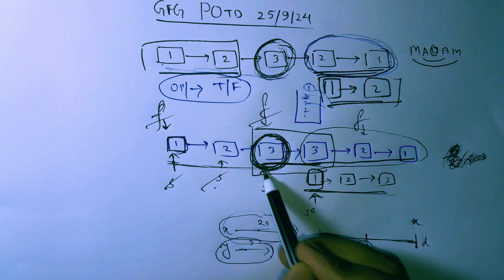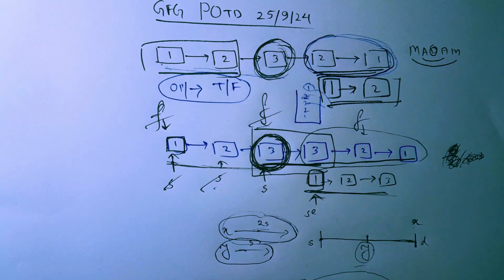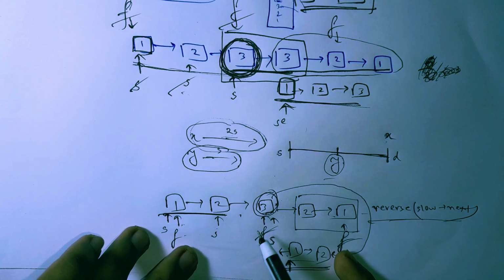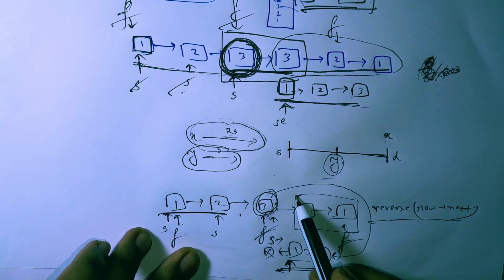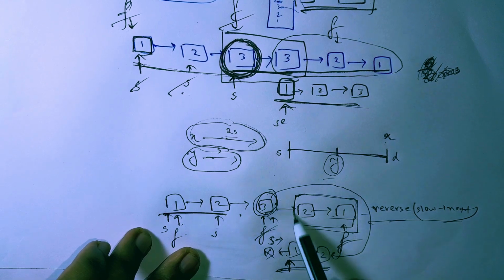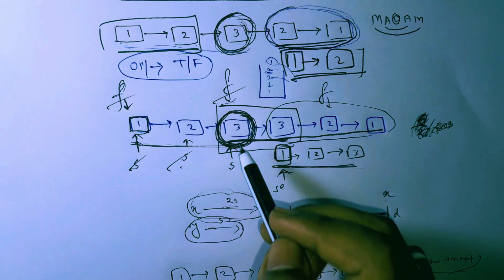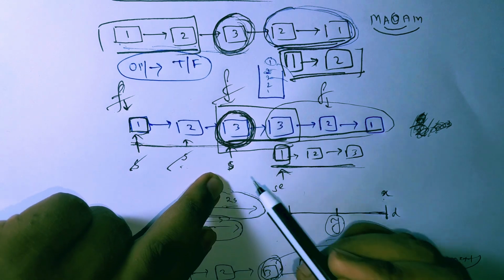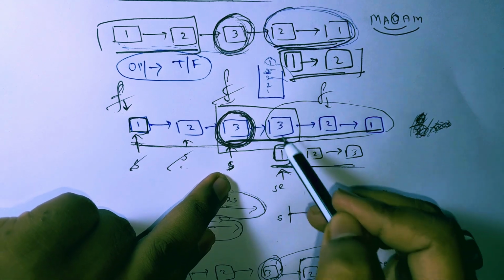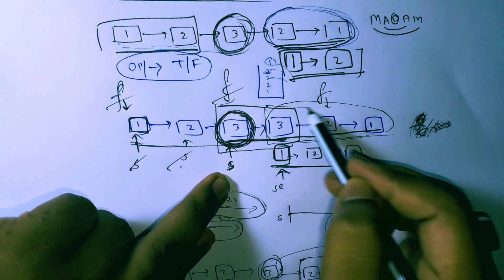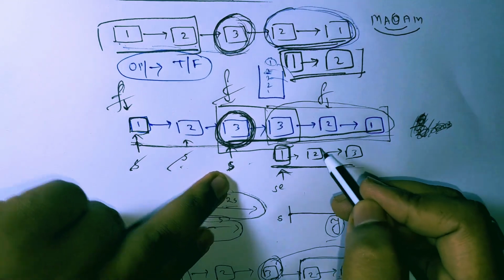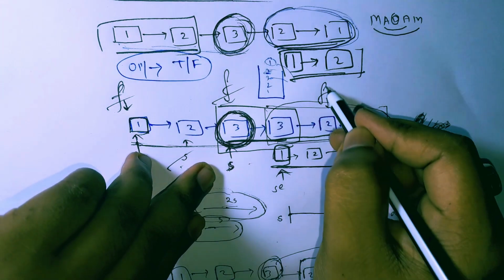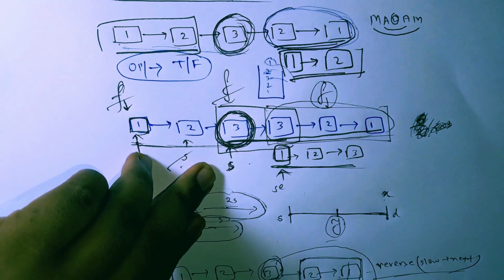And why am I doing this? Because in this case I will reverse the slow next. My slow next is 2 1 and I will reverse this part only. My slow is here, and I will reverse the slow next. I have to reverse this total part, 3 2 1, the reverse of slow next. So what will be the condition for the termination of the